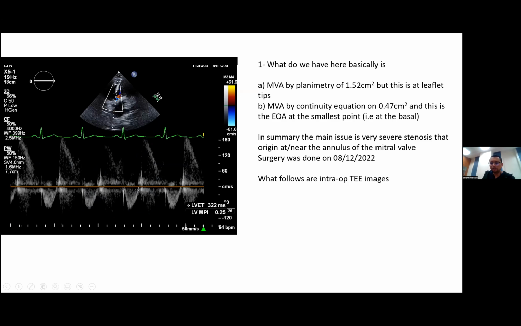So in summary, what do we have here in TTE is basically MVA by planimetry of 1.52 centimeters squared at the tips. But in fact, the mitral valve area that is important is 0.47 centimeters squared at the smallest point of the valve area. So in summary, the main issue is a very severe stenosis that originates at the base, at the annulus of the mitral valve. So actually, we did surgery on the 8th of December 2022, and what follows are the